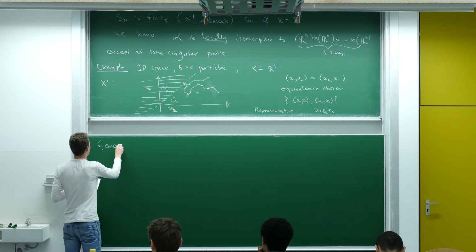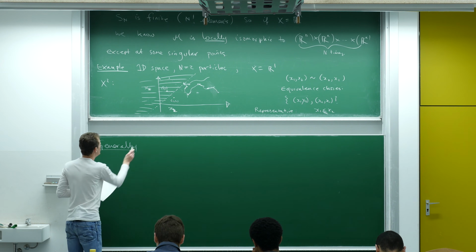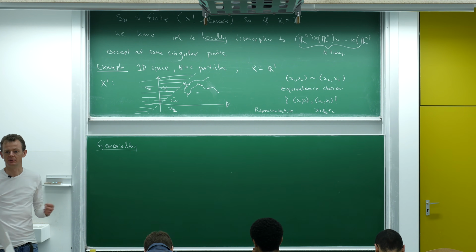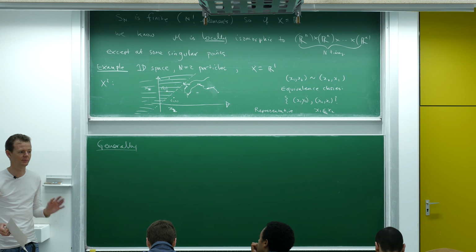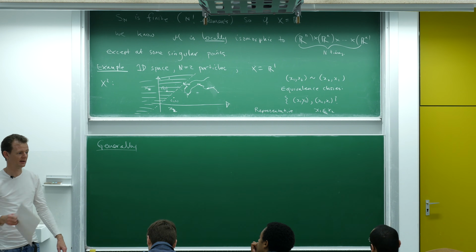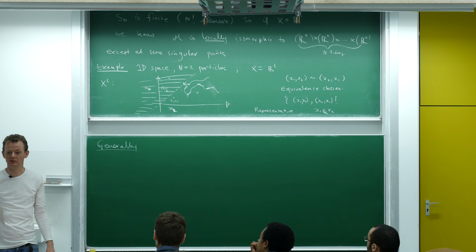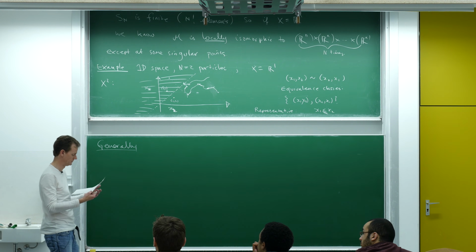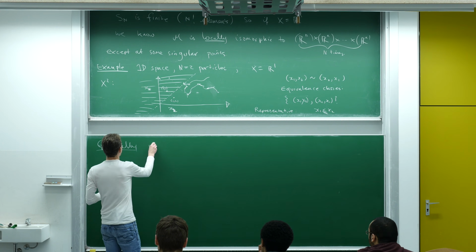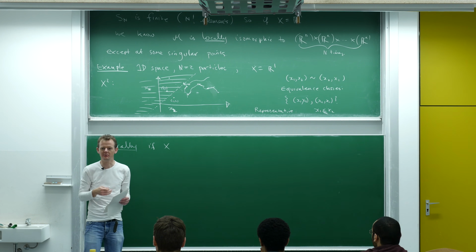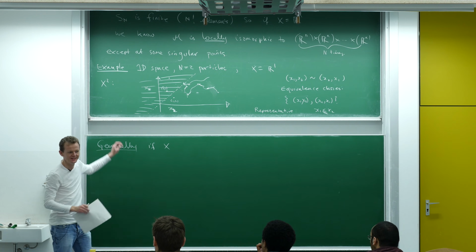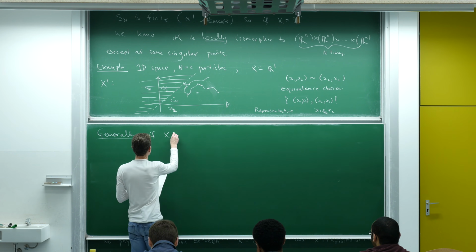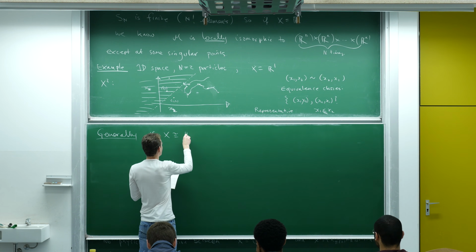So generally, much of this discussion could be framed in terms of particles moving on arbitrary spaces, but I'm going to just fix on Rn pretty much from now on. But you could take everything I said today, you could even make this an exercise, and extend as much as you can to the case where X is a general set. So whenever I say generally, I mean actually more specifically. So be aware of this misuse of language. If X is R to the D,